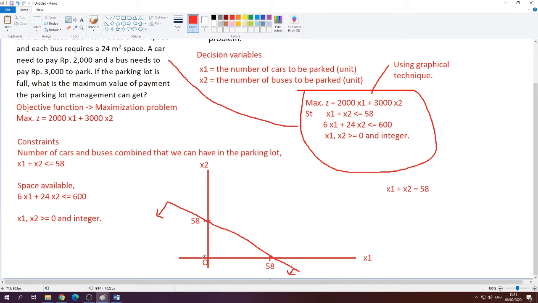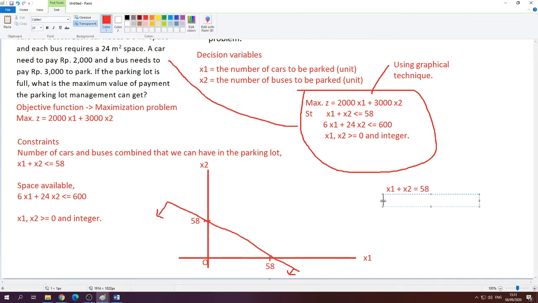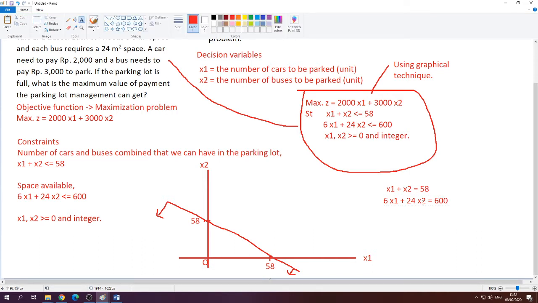Now let's plot the line for the second constraint. So here is the second constraint, 6x1 plus 24x2 equals 600. When x2 equals 0, we're going to have 6x1 equals 600. So that means x1 equals 100. Okay, so if this one is 58, around here, that will be